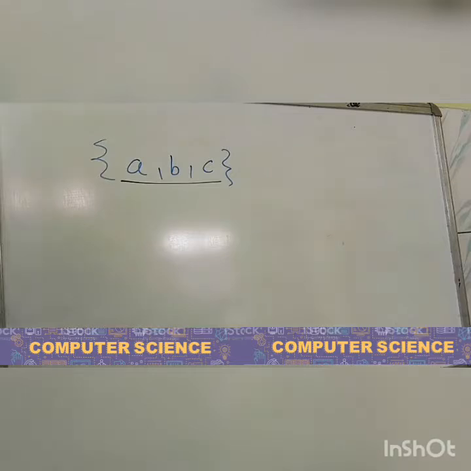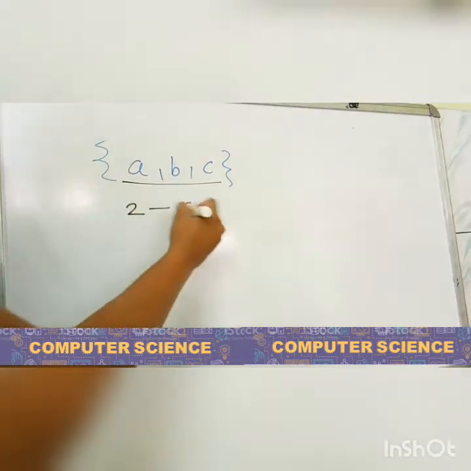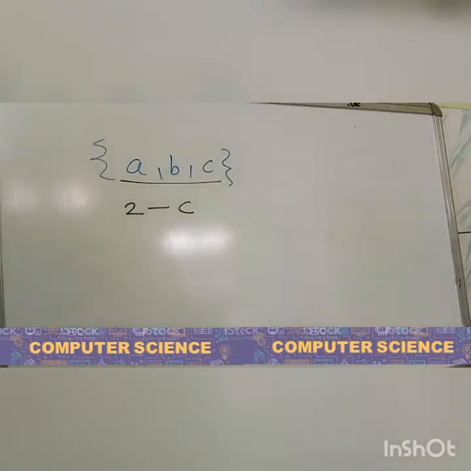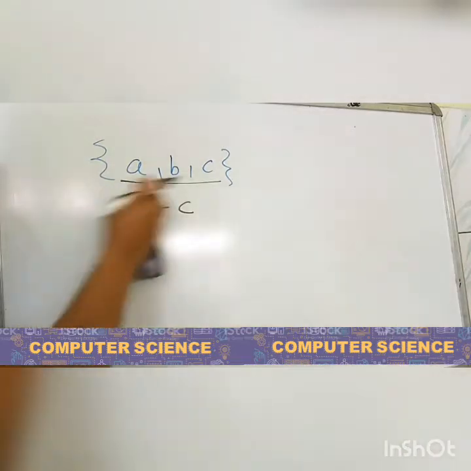In this video, we will see different DFA examples. In the first example, we have to design a DFA such that it contains exactly 2 times C, meaning in all the strings, whether at the first, last or middle position, we have to take C only 2 times, so we will try to